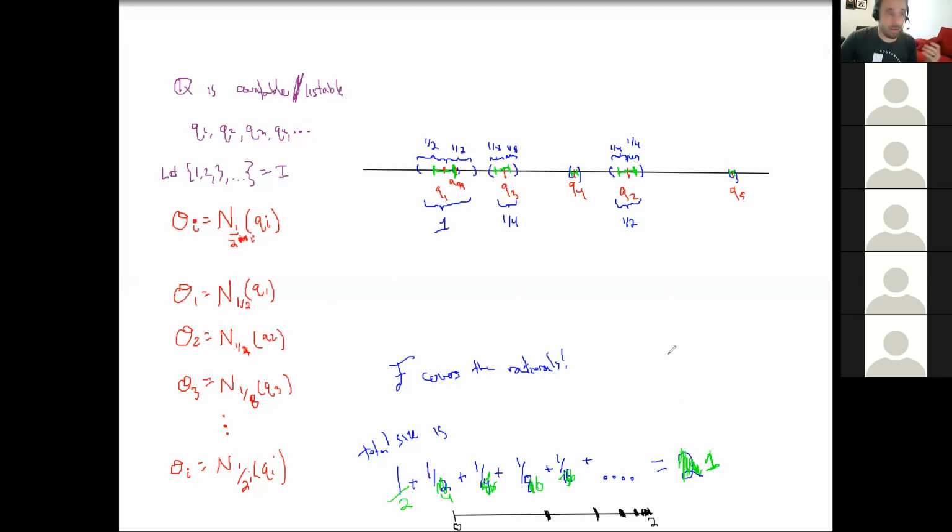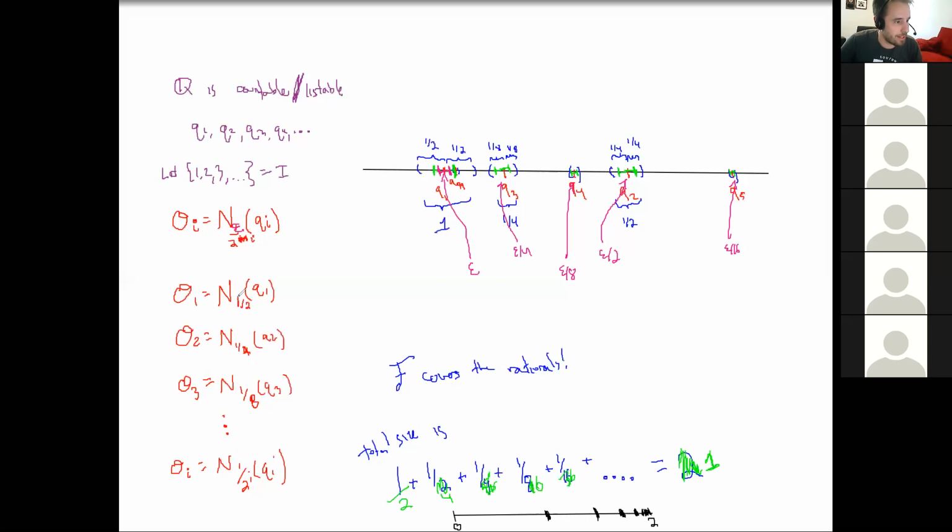No. So it turns out there is no reason why I had to make the first interval any given size. In fact, I could have made the first interval a size epsilon, right? So instead of making the first interval size 1 or size 1/2, if I had made that first interval size epsilon, and I had made this second interval size epsilon over 2, and this one size epsilon over 4, epsilon over 8, epsilon over 16, and so on and so on,